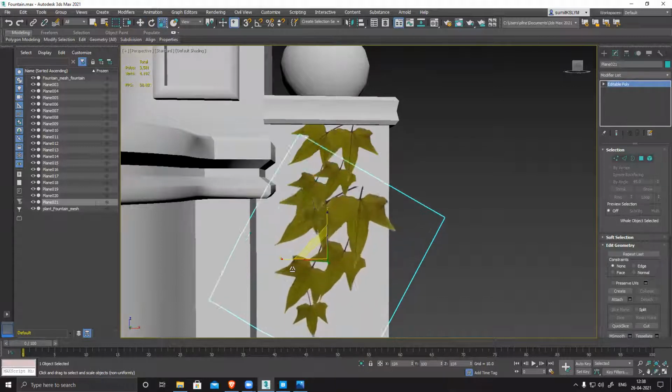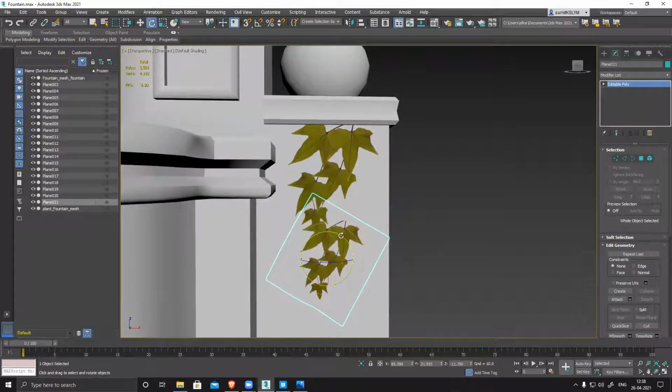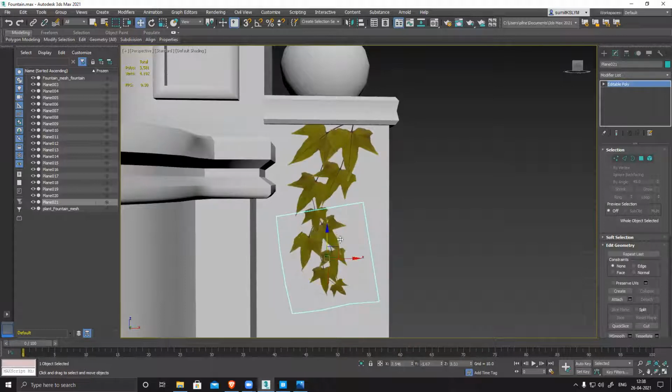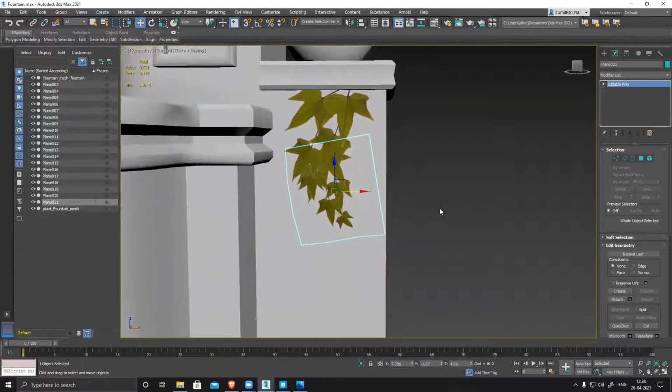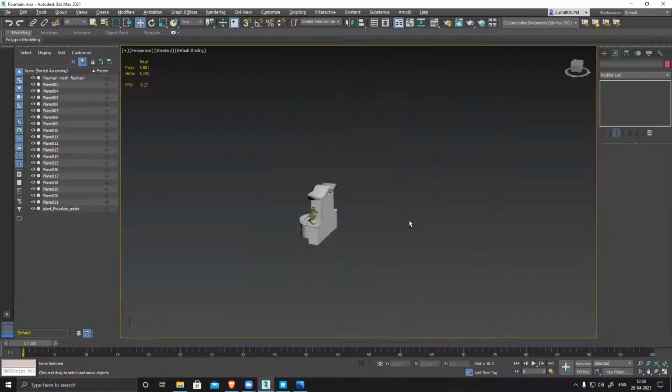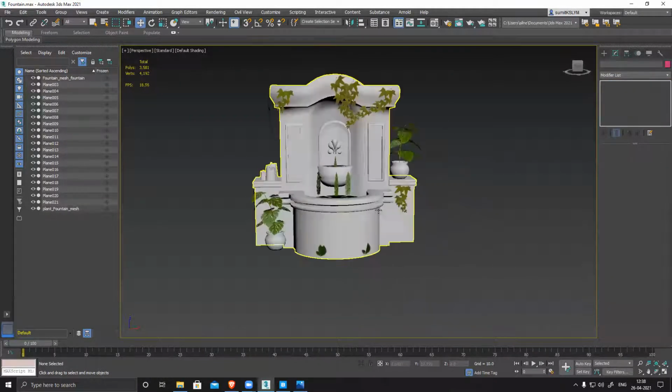Resize it. Put it in place. So now you can see most of the alphas are ready.